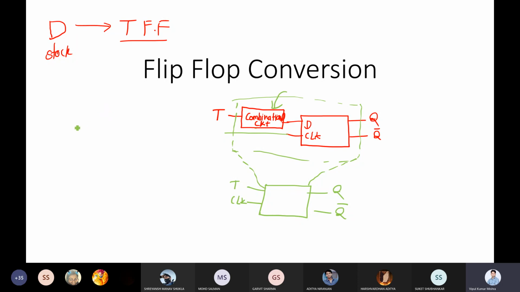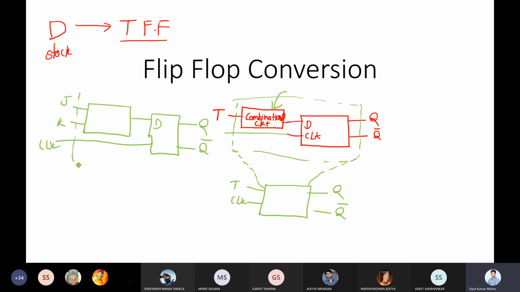Now suppose I want to make a JK flip-flop using a D flip-flop. So what will happen? This combinational circuit will have inputs J and K, and then it will go to the D flip-flop, right? And then it will give the output Q and Q bar.